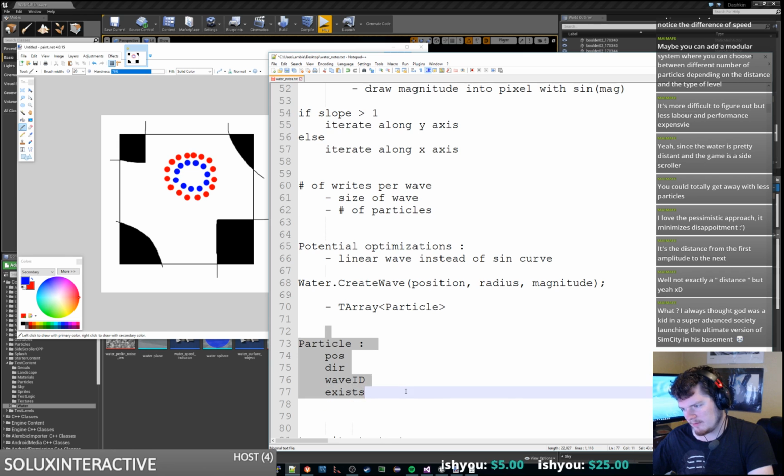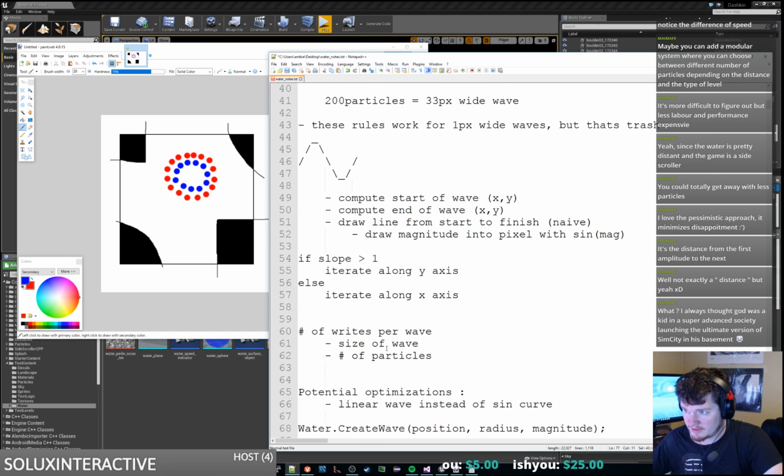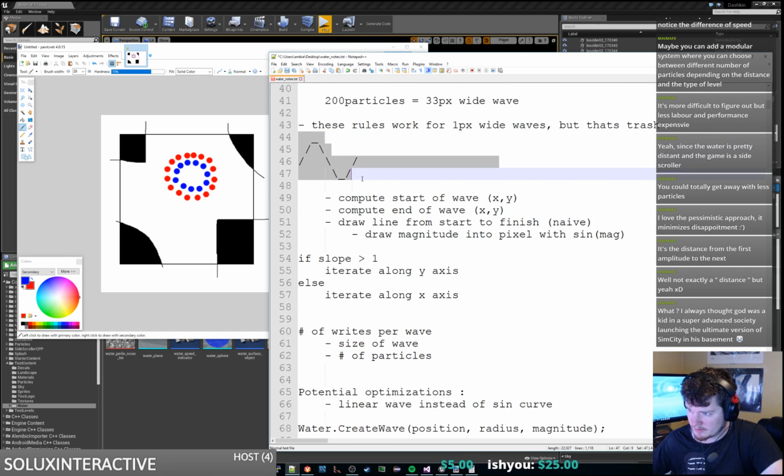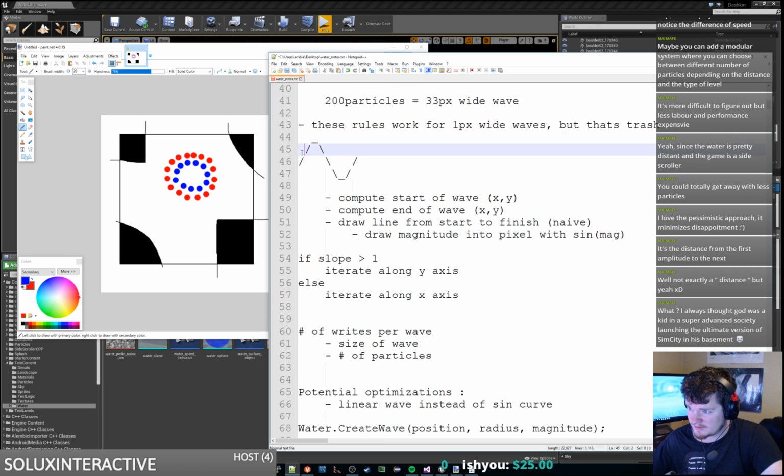Alright, so what about blurring this so things don't look all jagged and crappy? Well, theoretically, if we have enough of these things, this